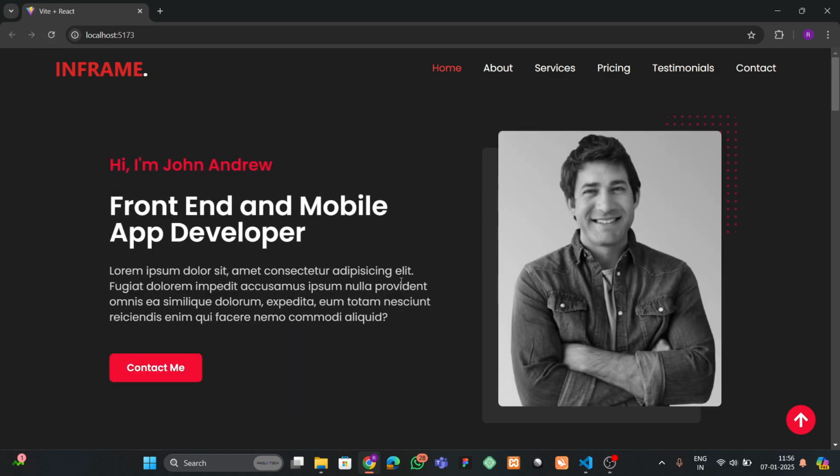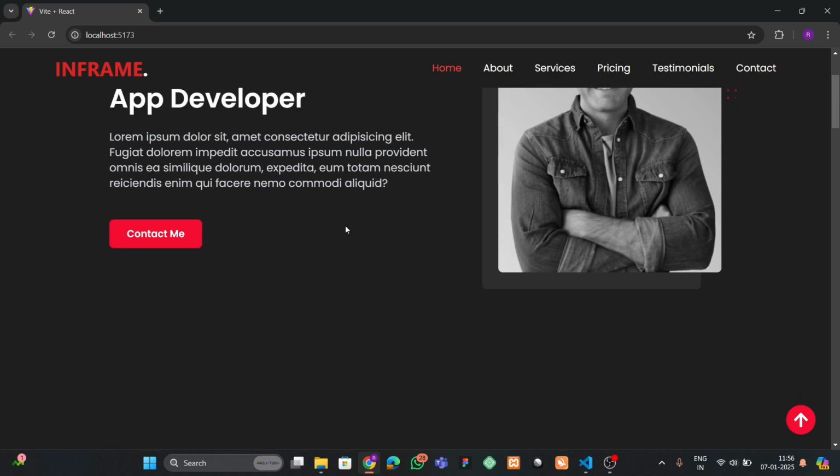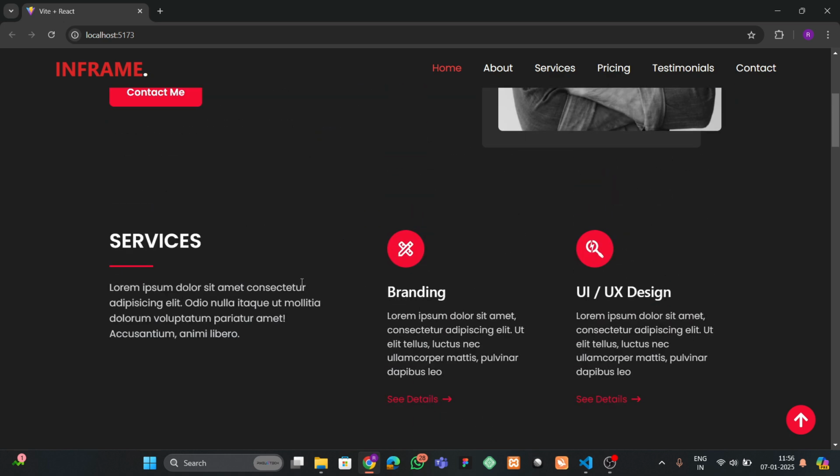So let me refresh this website, and after refreshing you can see that we have our hero section here like this, and also if I refresh this again you can see that we have this animation coming here like this. Okay, and here we have this contact me button. So let's move to the next section, and we have our services here